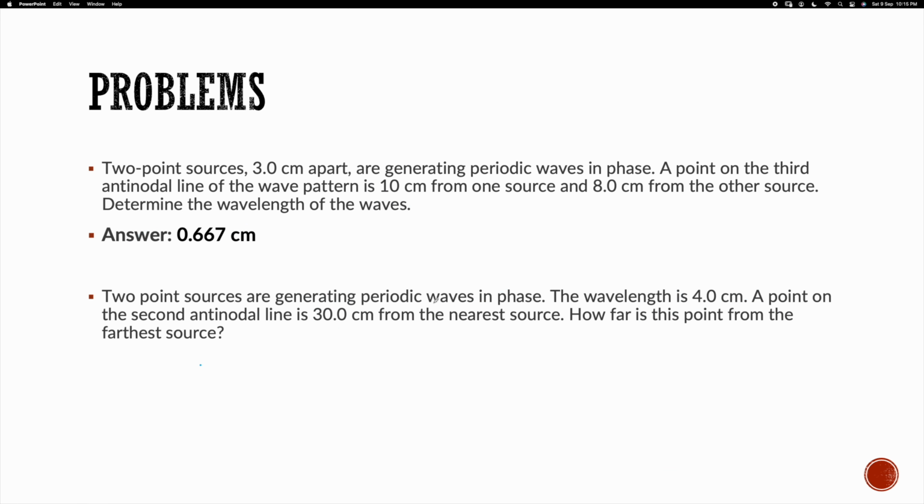2 point sources are generating periodic waves in phase. So I'm again considering two sources, S1 and S2, generating periodic waves. The wavelength is 4 centimeters, the lambda is given here. A point on the second antinodal line, so that's n equals 0, and somewhere you have n equals 2 antinodal line. Remember, antinodal line is where you have constructive interference happening. How far is this point from the farthest source? So S1 is the nearest source to the point P, S2 is the farthest source to the point P. We know that the path difference, which is S2P minus S1P, should be equal to an integral multiple of lambda, since it is causing constructive interference,